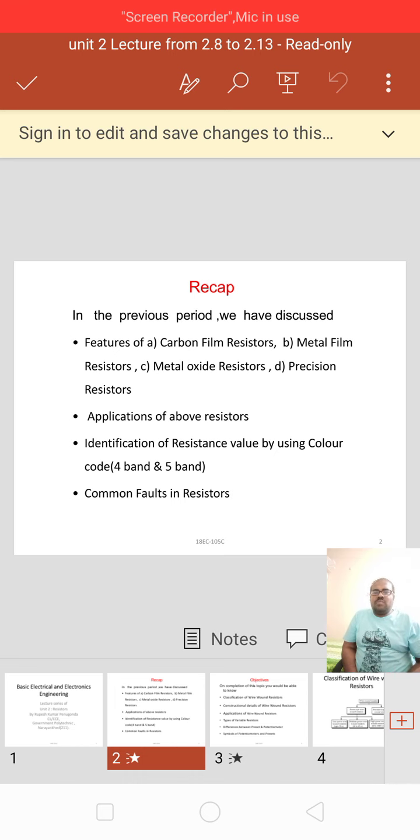Okay, as well as we have learned about the applications of the above resistors also. Identification of resistance value by using color coding, 4 band and 5 band technique, as well as we learnt about the common faults in resistors also. Now in today's class we will learn about